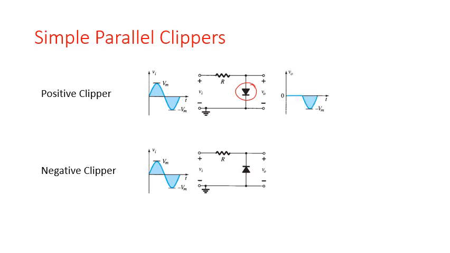That is because in the first half cycle your diode is forward biased, so it is going to copy this 0 volts that is over here. In the next, negative half cycle, the diode gets replaced by an open circuit, so V0 copies Vi. For a negative clipper, exact opposite things happen. So this is what your output looks like.